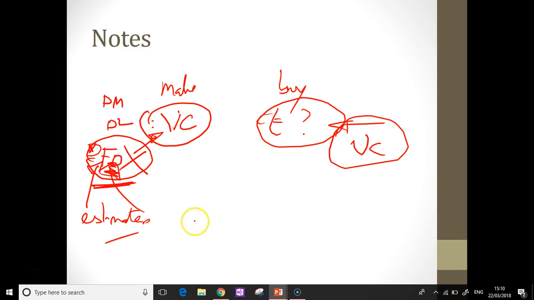I'll just explain. Generally, when we have this idea of a fixed overhead, like light and water, we don't quite know what it is. So we have to guesstimate. So we might say something like, we made 500 units last year, and we spent £500. So we assume that it'll be £1 a unit. So this becomes our fixed overhead.